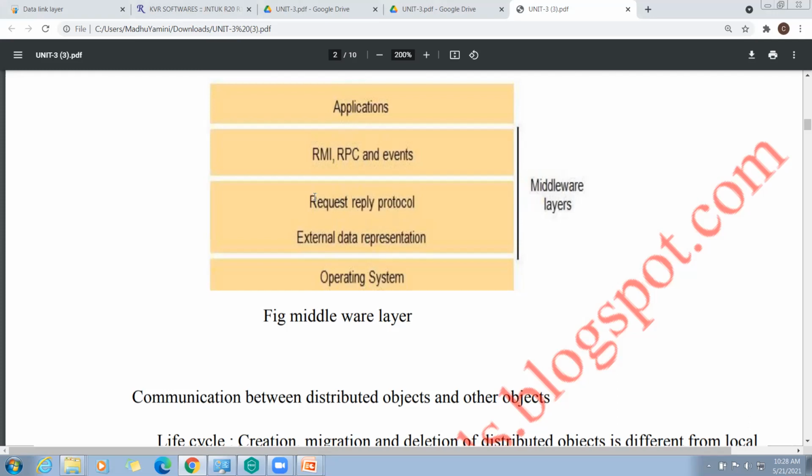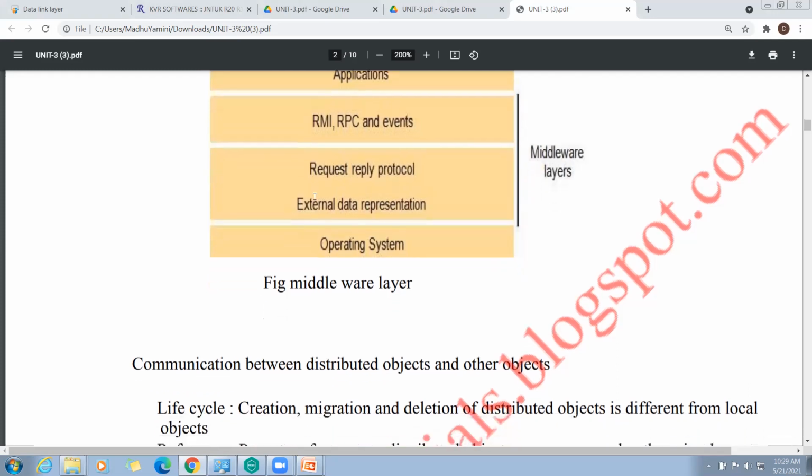This is called middleware. Middleware sits in between the operating system and distributed applications, and involves remote method invocation, remote procedure call, event notifications, request reply protocol, and external data representation.